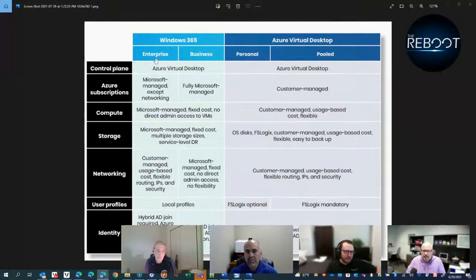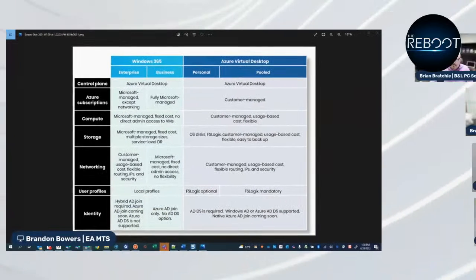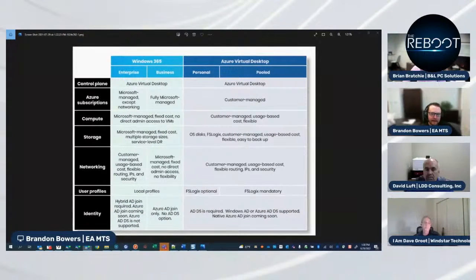There are some caveats, because Windows 365 Enterprise does have the capability of connecting to some Azure infrastructure, which starts to create a snowball and makes things confusing for a lot of people when they're trying to choose a solution.